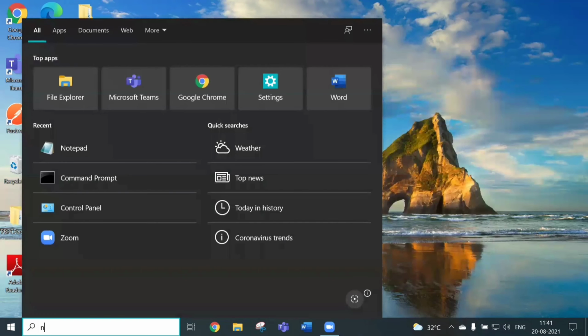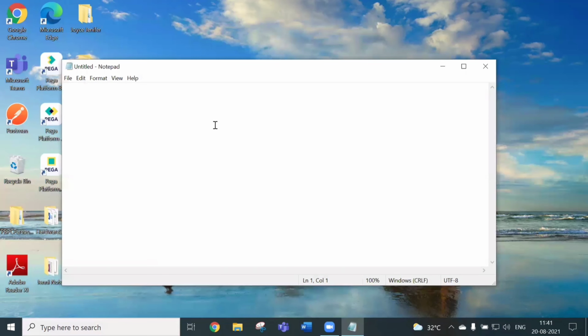Now we are going to check the Java program by running one. In the notepad just type a sample Java program like public class test1. I have kept the class name as test1 and open the braces and then public static void main (String[] args), and then again open braces. System.out.println. System is a class, println is a method. We'll be studying this later. And I'm just going to print hello world and then close the opened braces.